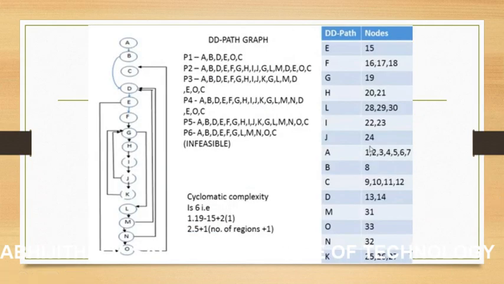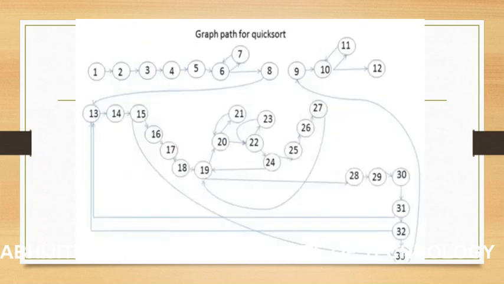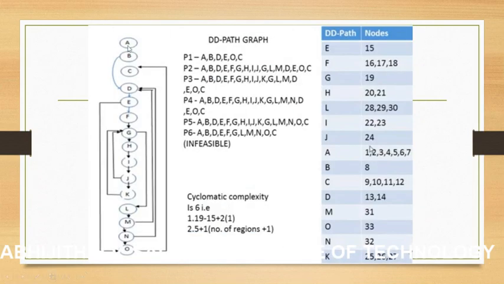From this graph, we can construct one graph called the DD path graph by taking only a few nodes from this. See, from 1 to 8, we have a sequential flow, and only at the 8th location it is moving to some other function. So from 1 to 7, we don't have any issue. It is sequential flow. We'll call it node A here. For every DD path, we should have one node with in-degree 0, one node with out-degree 0, like that. So many conditions are there. Accordingly, this DD path graph is constructed.